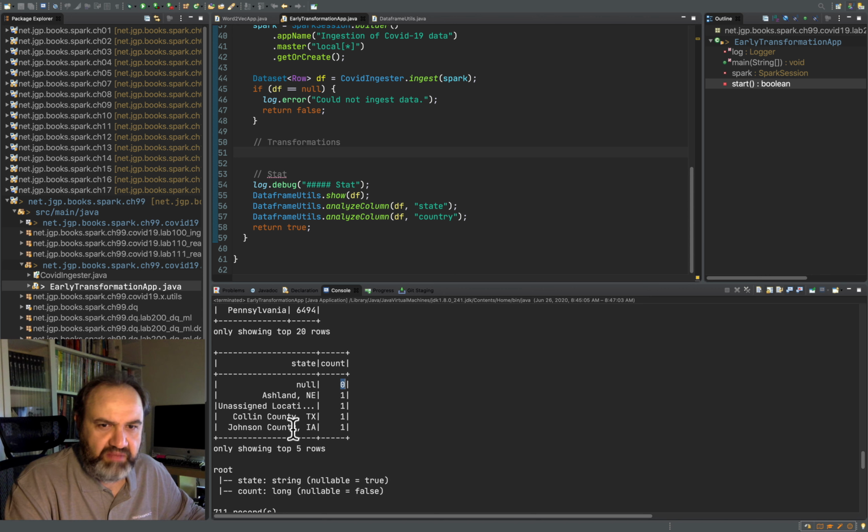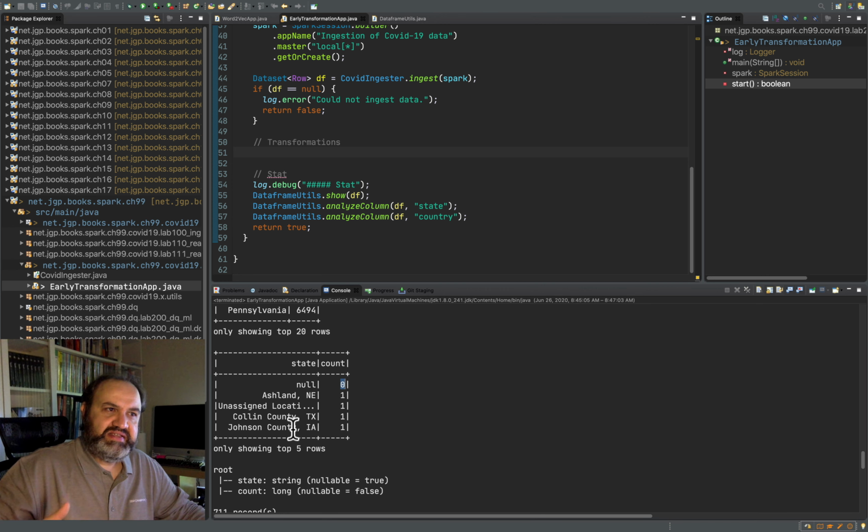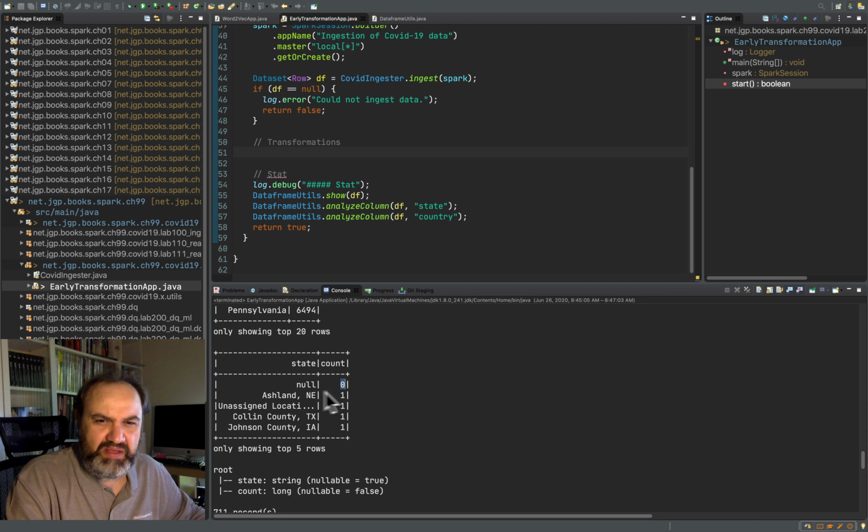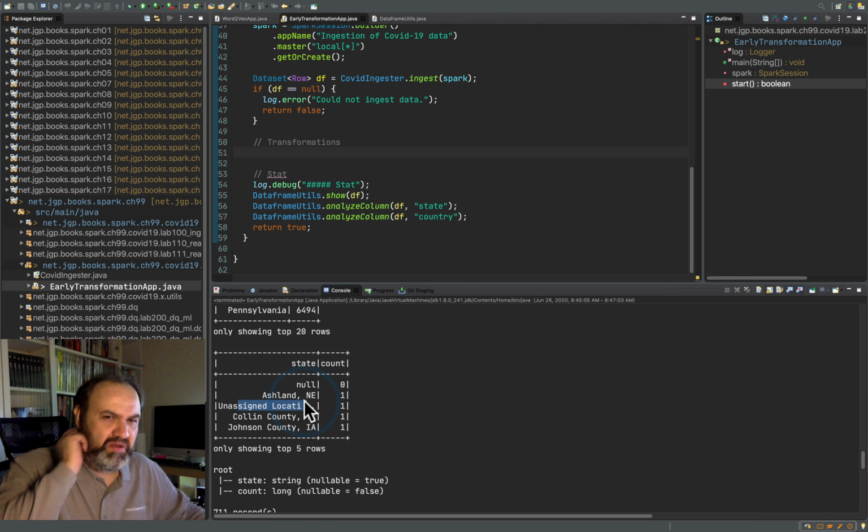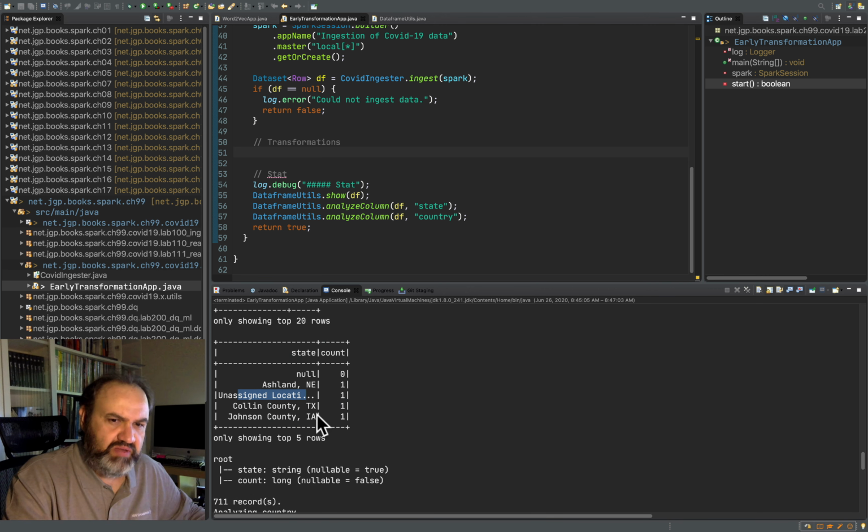By looking at that, you start to have a feeling that things need to be cleaned up a little bit, and that's really the part of data quality. You're getting your data into your system by ingesting it, but when you look at it, you still see that it's not okay. It might be kind of insignificant in some way, like one record being called unassigned, but let's drill a little more into that.